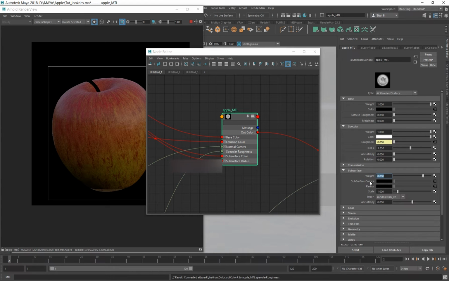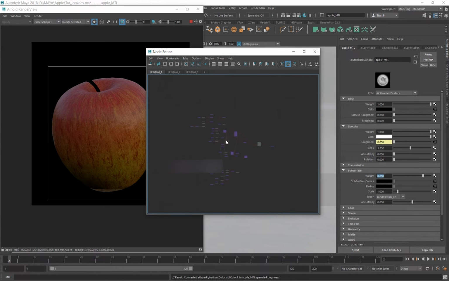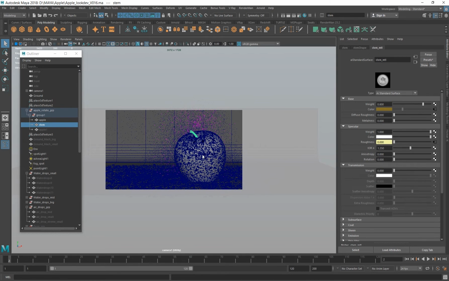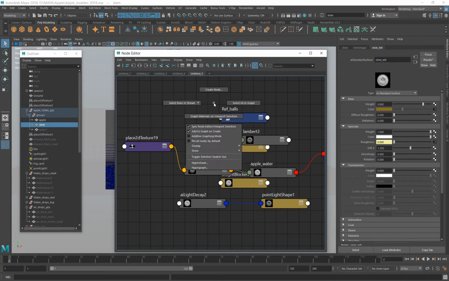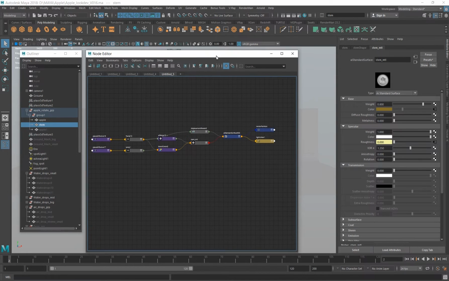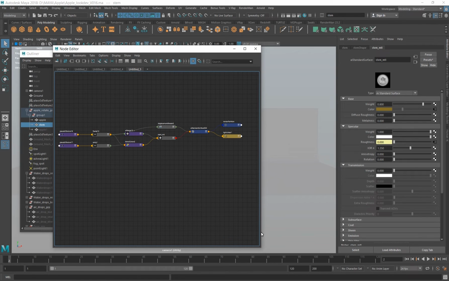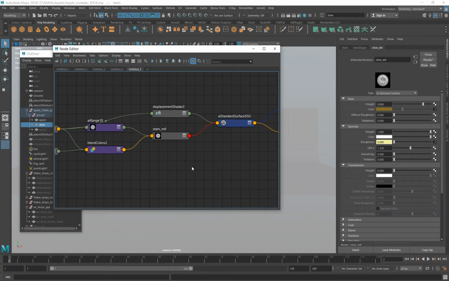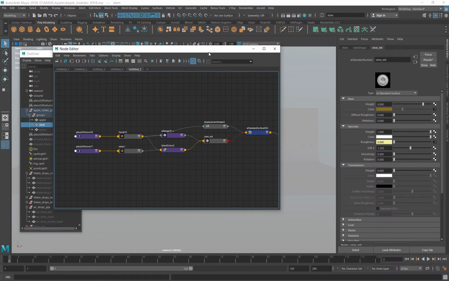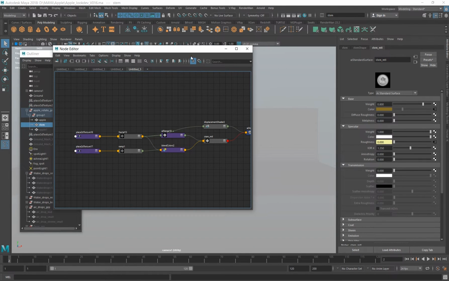Now that's all I wanted to talk about regarding the shading of this apple. So next we are going to look at the stem shader. It's not really a very advanced shading network or anything. It's just a simple shader. I didn't create any fancy networks for this. Let me show you a quick render for this.